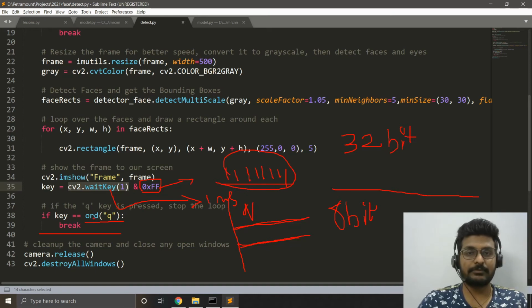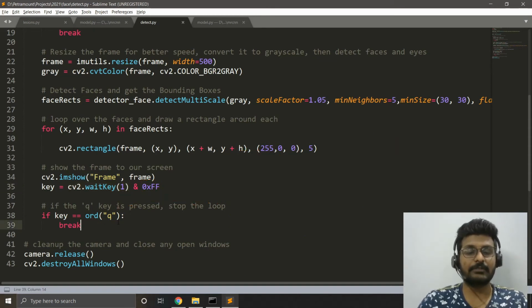So making sure that if I want to quit the window, if I want to quit the application, I can just simply press the button Q to break my application. Because if I didn't do this, we might get stuck at a point where we can't even close the window, where we can't even close the application. That should not be the case, right? So we should have control over it. So that's what I've done here.